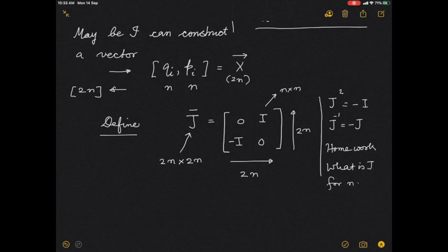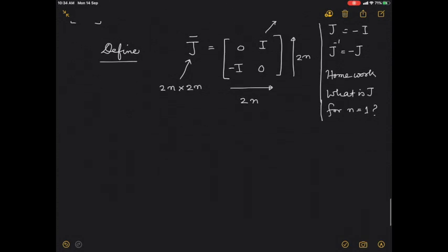What is J? Is that a known matrix? A matrix that you know from something else, from somewhere else. Okay, so that's how I define J over there. So let us now calculate